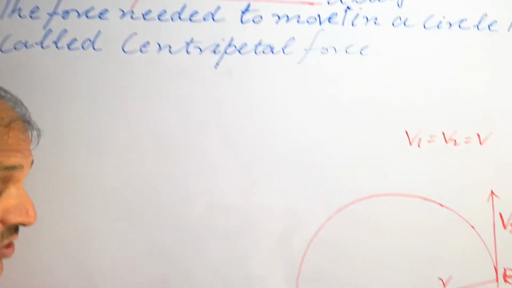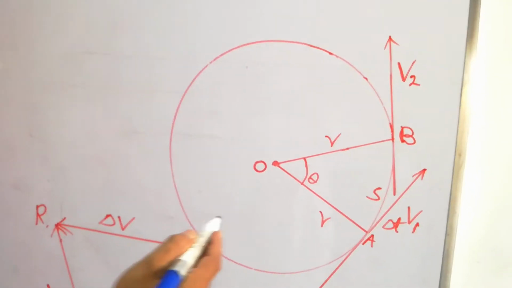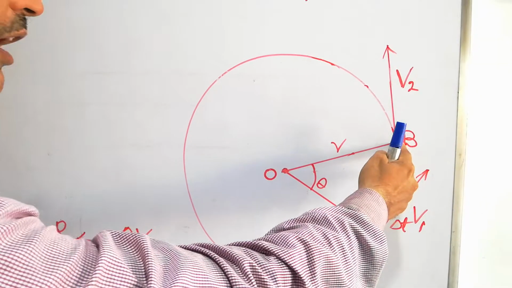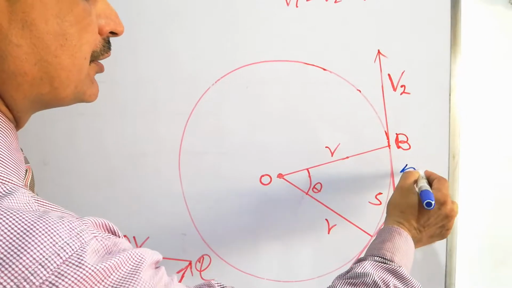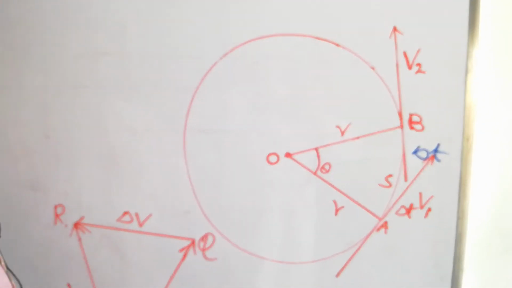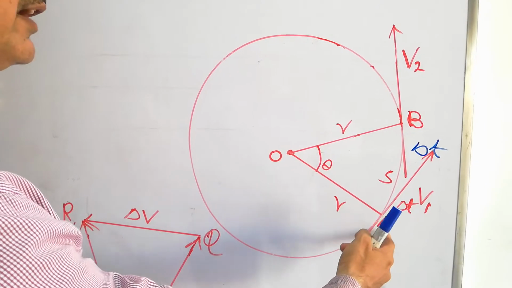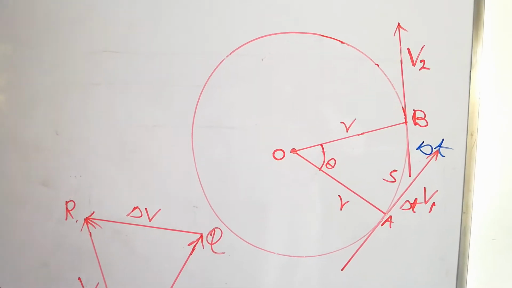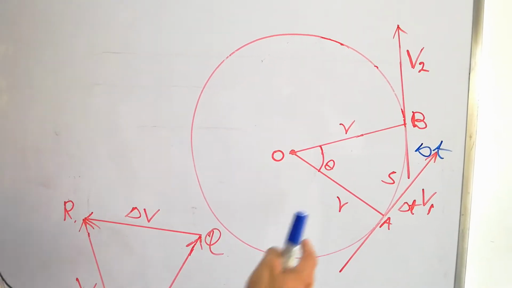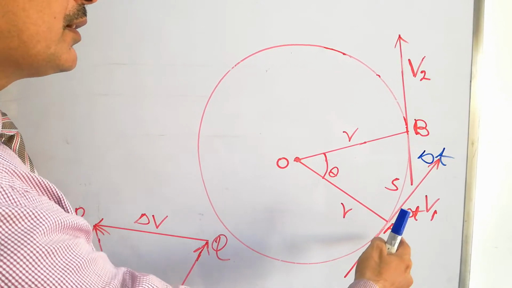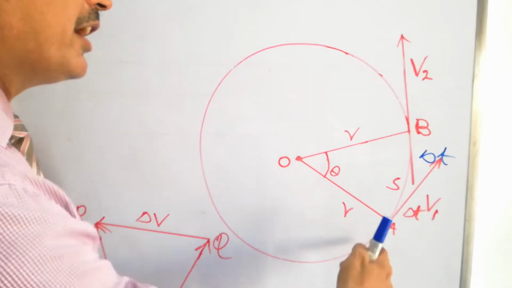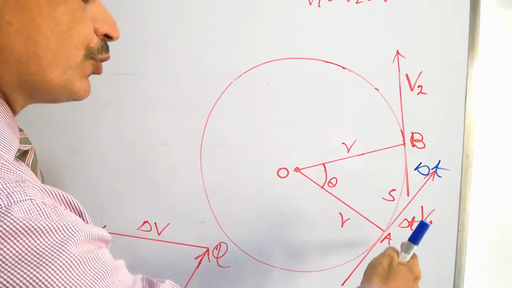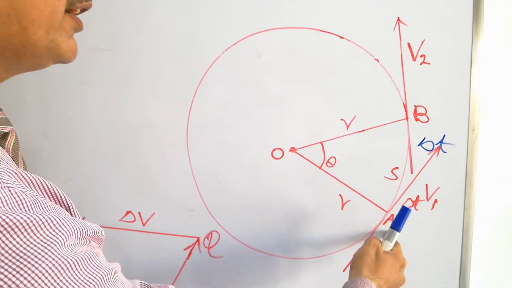Now look at the diagram, students, very important thing. Let's suppose the body is moving in a circle. Initially it is at point A, then it goes to point B after time delta t. The velocity at point A is v1 and the velocity at point B is v2. These are linear velocities. At point A, we get the linear velocity v1 by drawing a tangent line, and a tangent line is the line which is at an angle of 90 degrees with the radius of the circle. So that is the velocity v1 at point A.